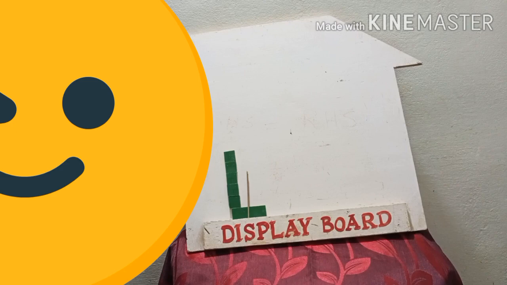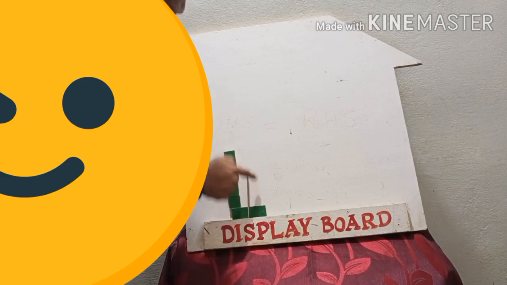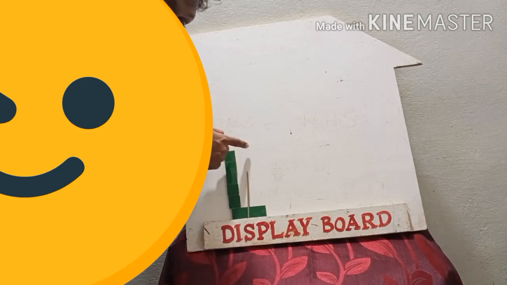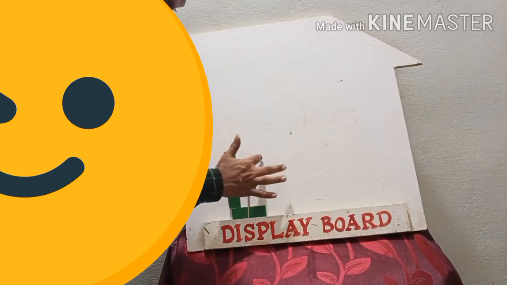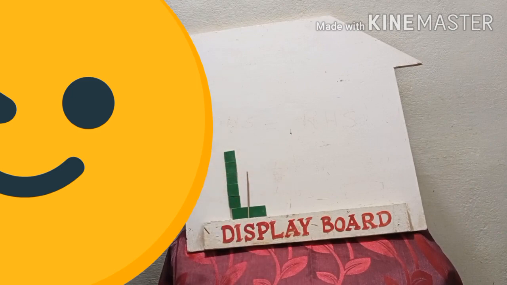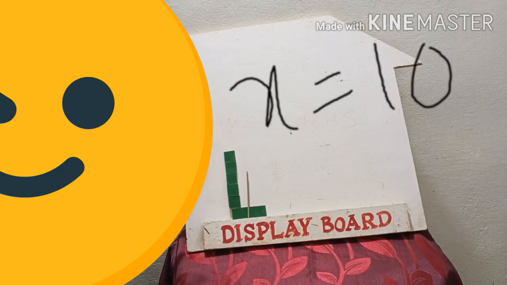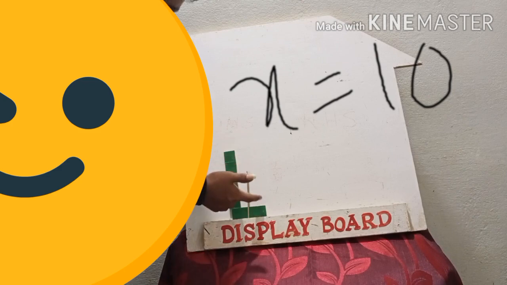Then you have to find the value of x. If you see here, this half has 5 square bits. Therefore, this half also will have 5. Half of x is 5 units. Then this half of x is also 5 units. Then x is how much? Here we have 5. Here you have 5. Therefore, x is equal to 10. Okay. But there are no square bits coming here. Here x by 2 is 5. Here x by 2 is 5. Therefore, another x by 2 can also be 5.